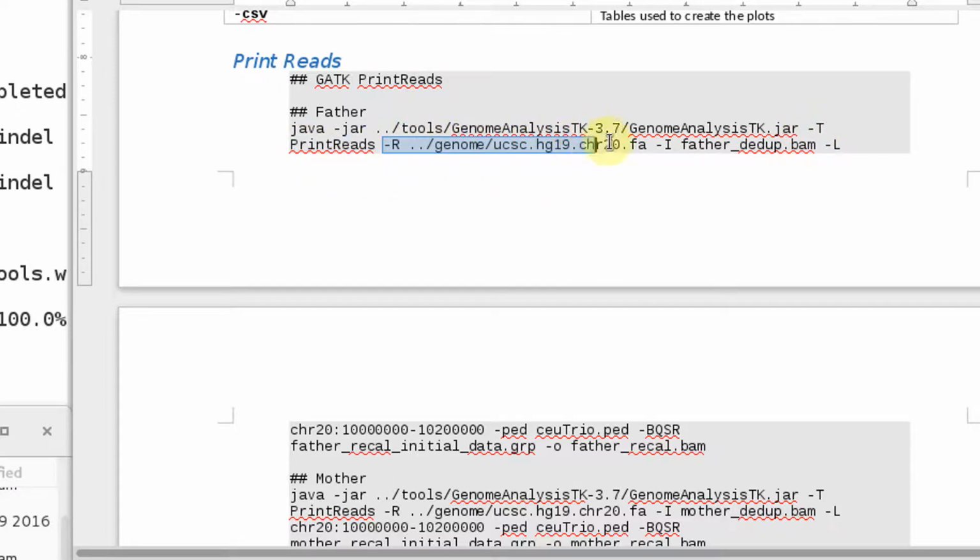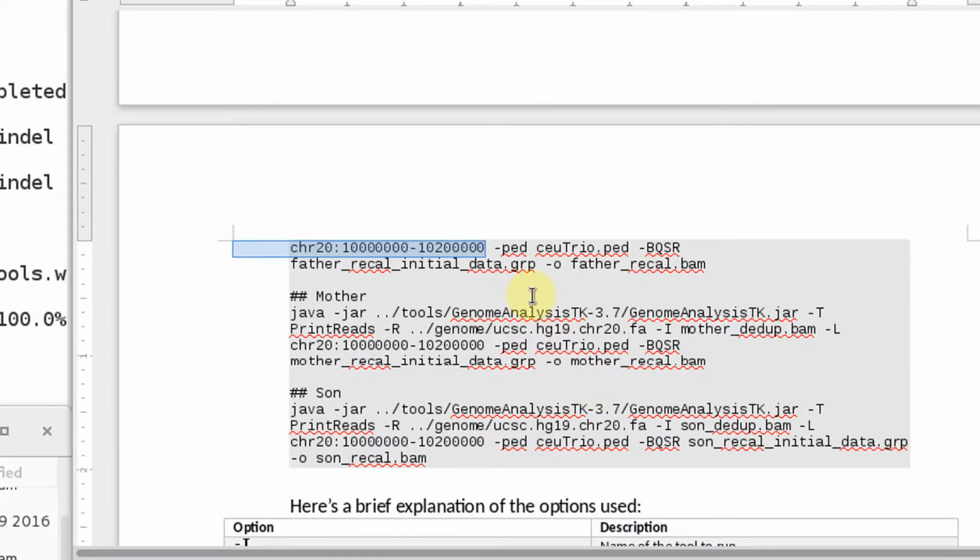We're giving it the FASTA file of the reference genome. We're inputting the dedupe BAM file. We're giving the location of the region, again good for exomes, targeted sequencing and such. Providing the pedigree file. I'm giving it the BQSR initial first file that we did in the base recalibration step